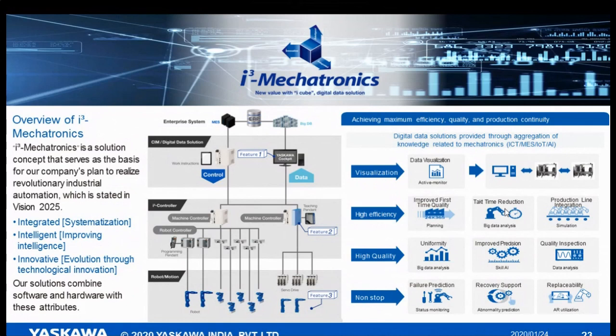So our robots are ready to go with Industry 4.0, and we have established this kind of platform, iCube Mechatronic. Using iCube Mechatronic installation in the factory, they can have visualization, high efficiency, good quality productivity, non-stop production. Failure prediction, everything we can do in an advanced way. You will get a clear picture of what is running, how it is running, product to product change, everything automatically, every aspect covered. This iCube Mechatronic is Escava's own platform, and we are also selling to different OEMs.